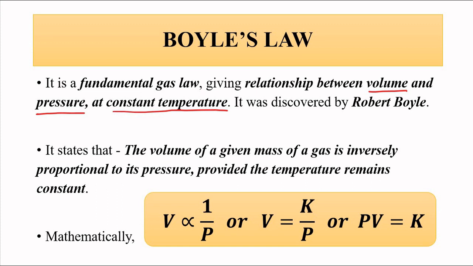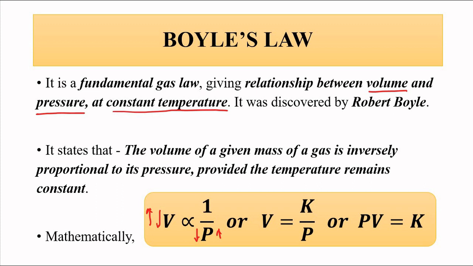That is, if pressure is increased, its volume will decrease, and if pressure is decreased, then volume will increase. Inverse relationship. Okay, volume is inversely proportional to pressure. V is directly proportional to 1 by P, or we can say V is equal to K by P, where K is the proportionality constant, or PV is equal to K. So here is the important relationship. Let us say